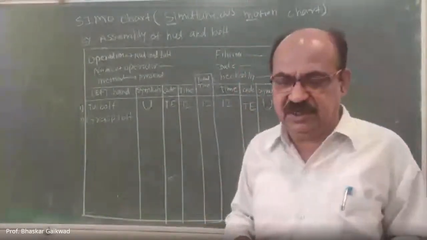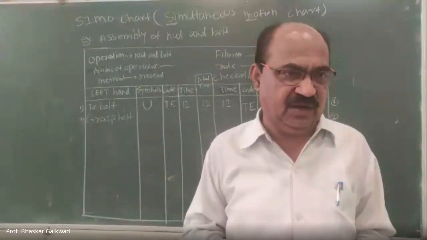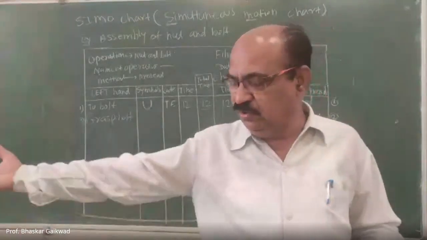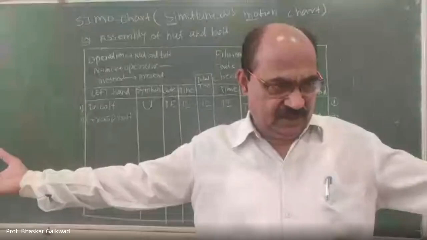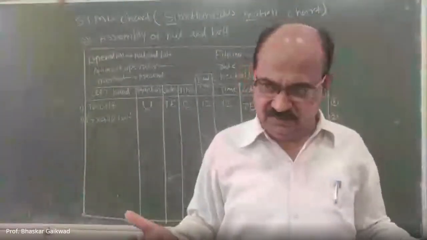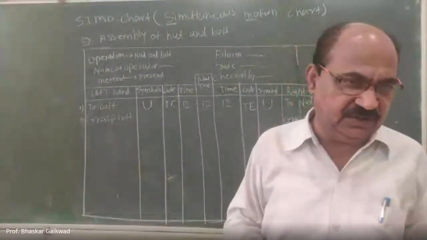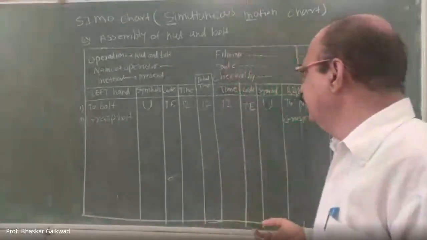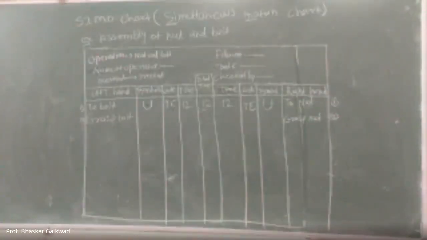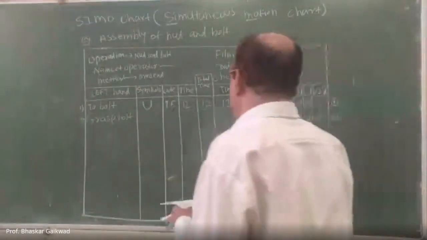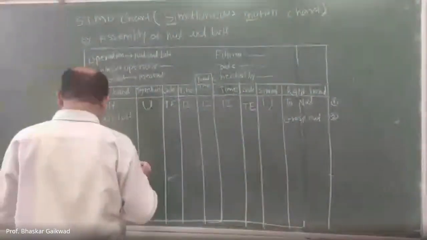If initially we have something in our hand, then we go to bring it. And along with that, if the nut and bolt is on the tray, then it is called loaded. So initially the unloaded part will be there. Then we have to grasp this. The grasp symbol is there.